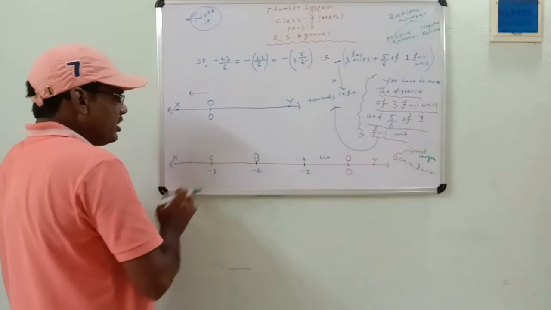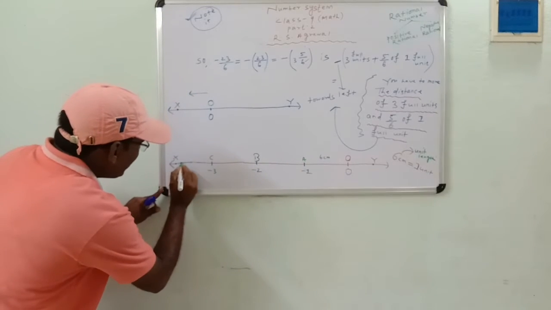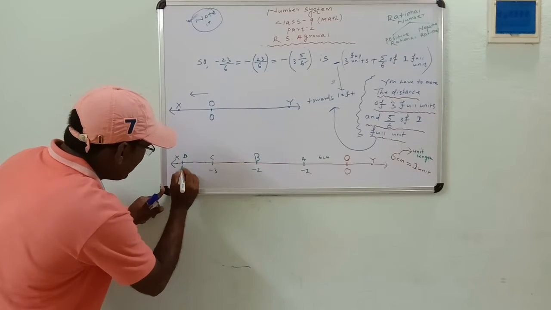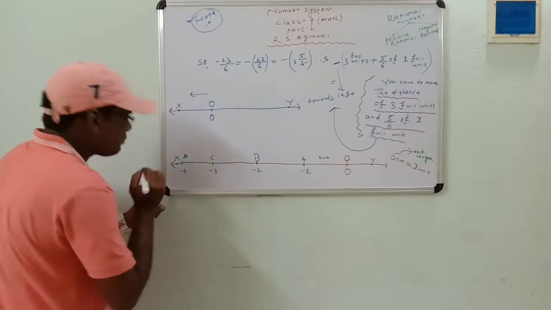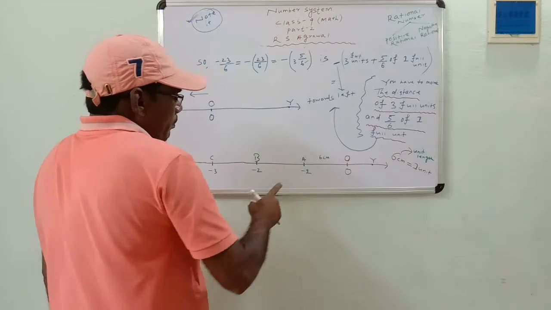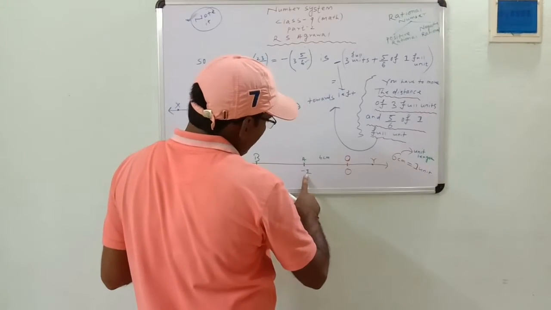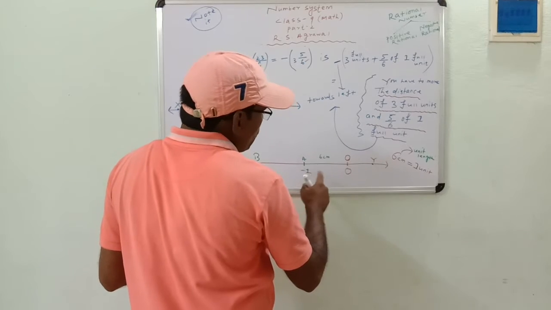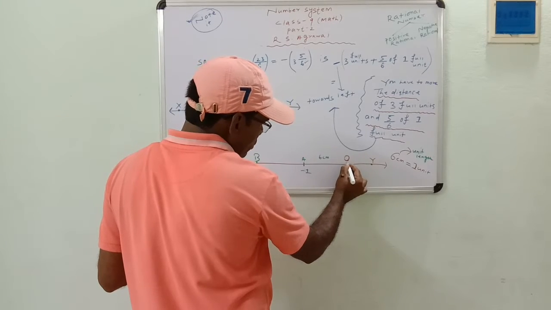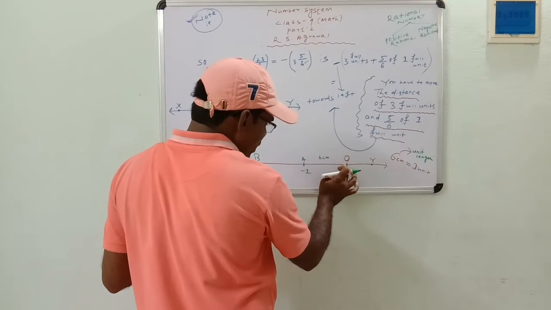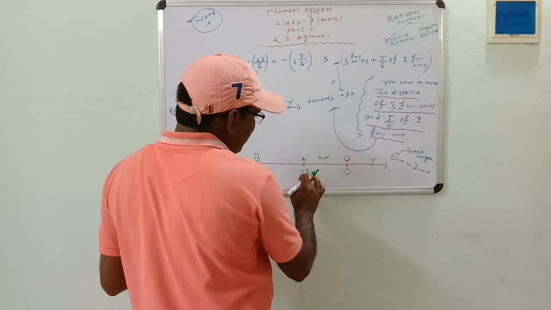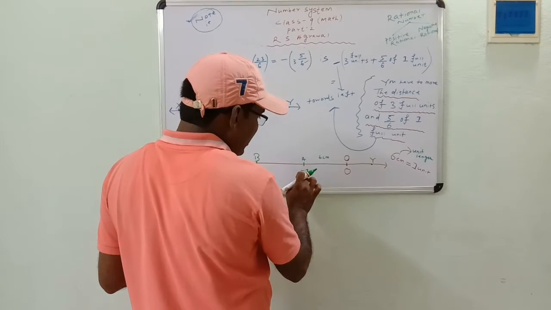Now from point C at 6 cm distance, take the next point, that is point D, and it will represent the rational number minus 4. Minus 1 means 1 unit distance towards the left of 0. So from 0 or from point O, if you cover 1 unit distance, then that point represents minus 1.